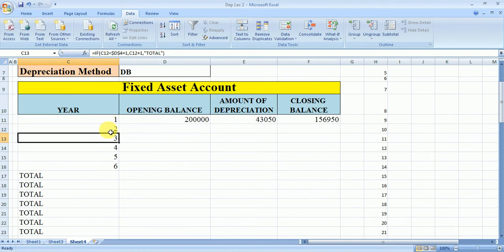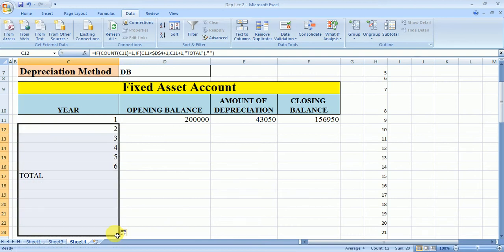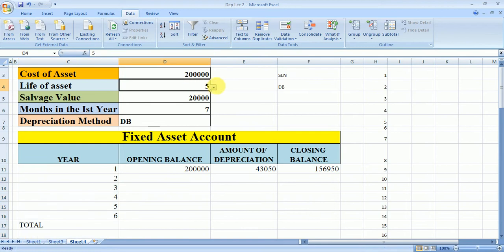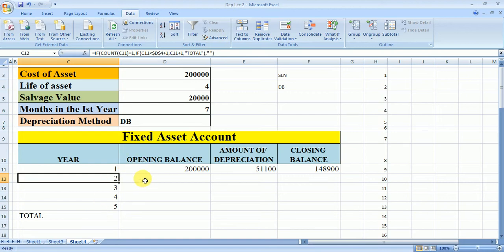If we press enter and drag it again, now you can see this problem is fixed. Now let's suppose I change this option here and make it 4. You can see it will change. In this way we calculate the year and the total at the end of the year in front of the year cell.